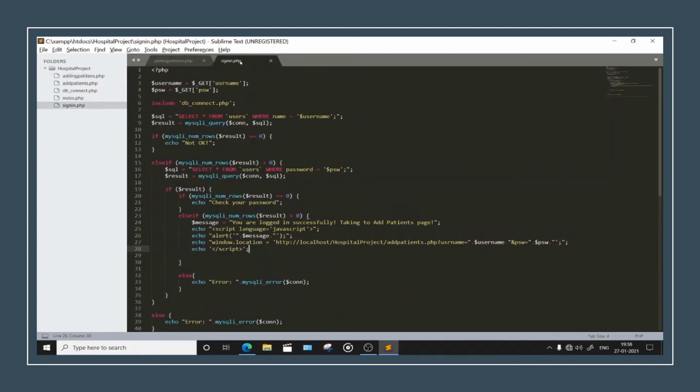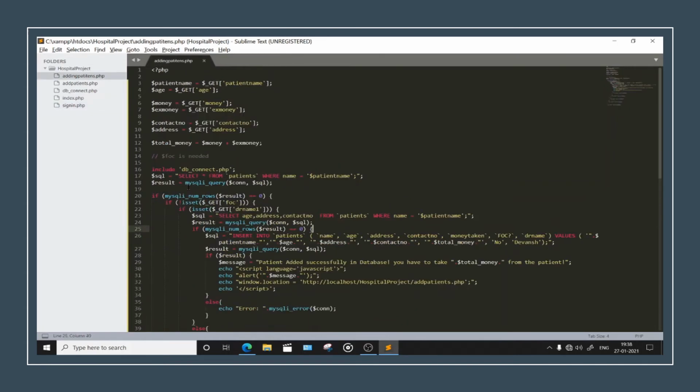Okay, so now what we will do: what are we selecting? Age, address, and contact number, right? So we will use it this way: htmlentities mysqli_real_escape_string and till the end put two brackets once again.